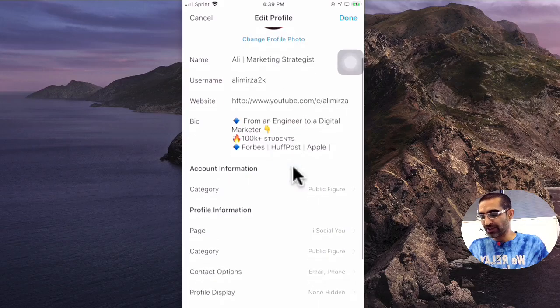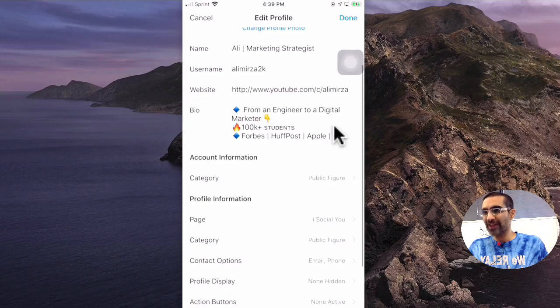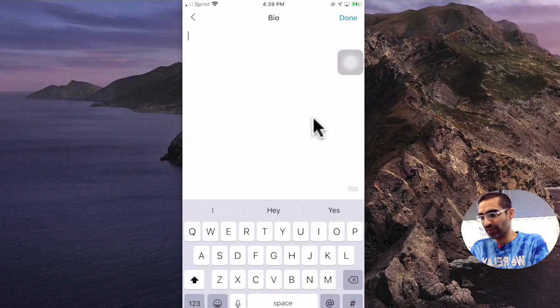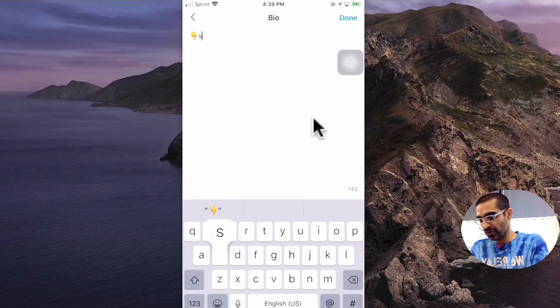All right, so the next section is bio. So this is right here. This is where you input all of your bio. And again, when I tap into it, it just gives me a full editor, and now let's say if I wanted to start over, I can just delete all of this and then kind of like say, and you are able to use emojis. So I can use emojis, so social media manager, and then